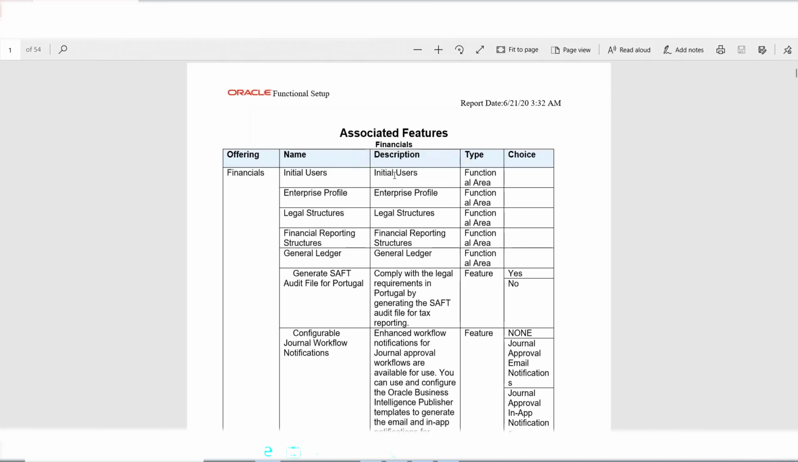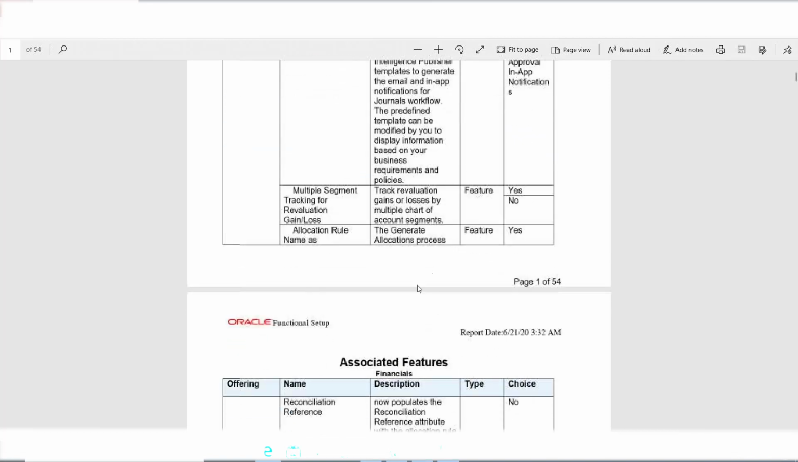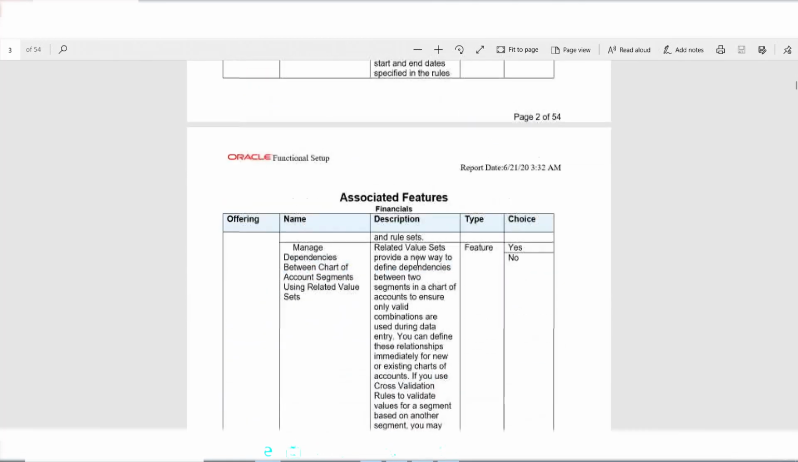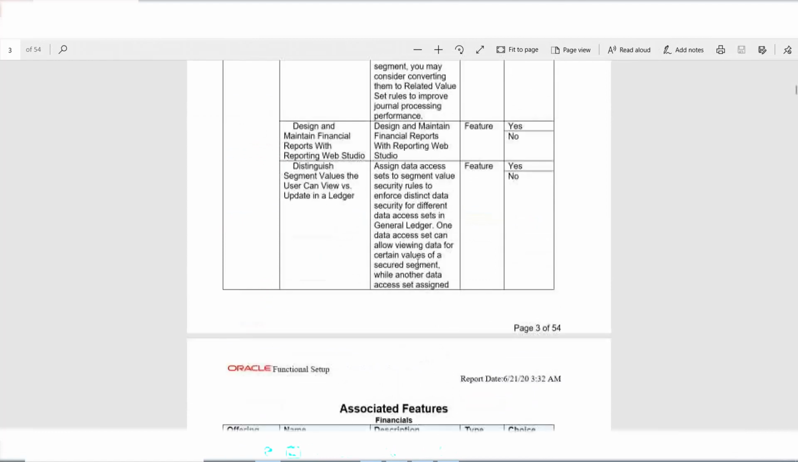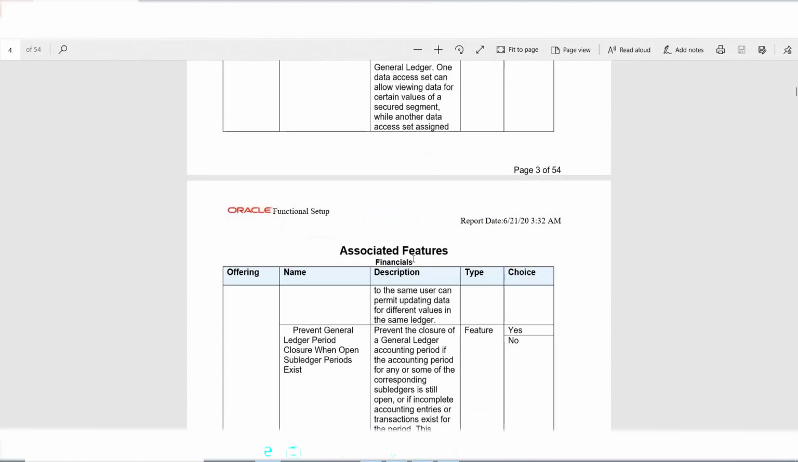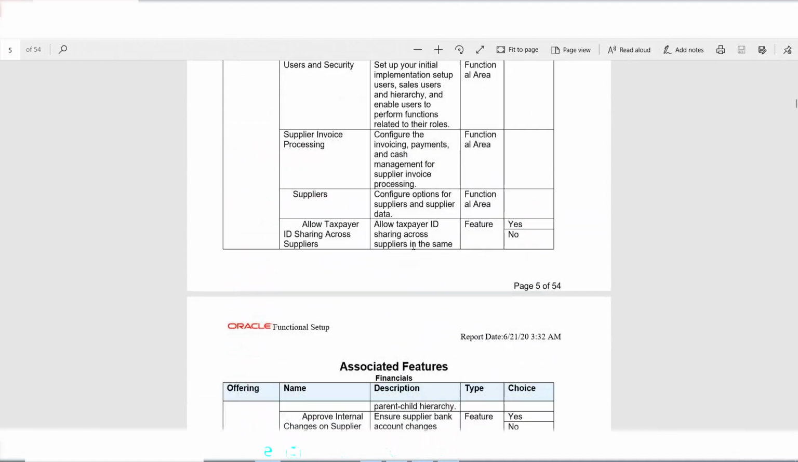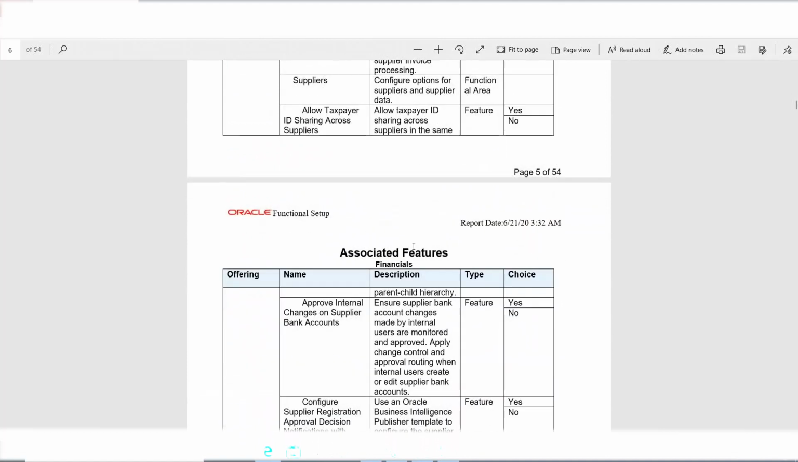Okay, so users, enterprise profiles, legal structures, finance reporting structure, general ledger application. Within the general ledger application, these are the different features. Since we don't know any feature and all, it won't be good if you start discussing now. So we'll get into the application and understand, but just for information, take this document, what features we have as